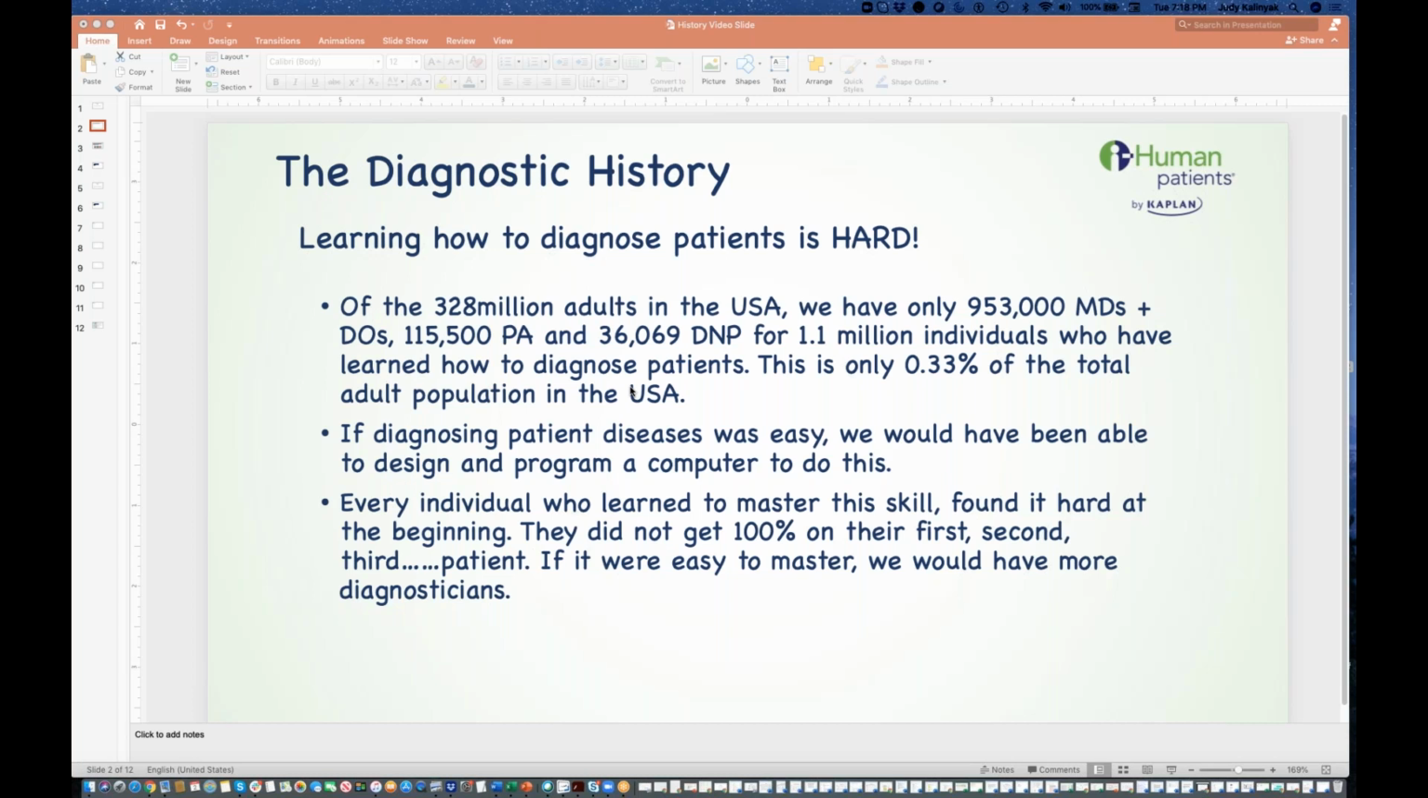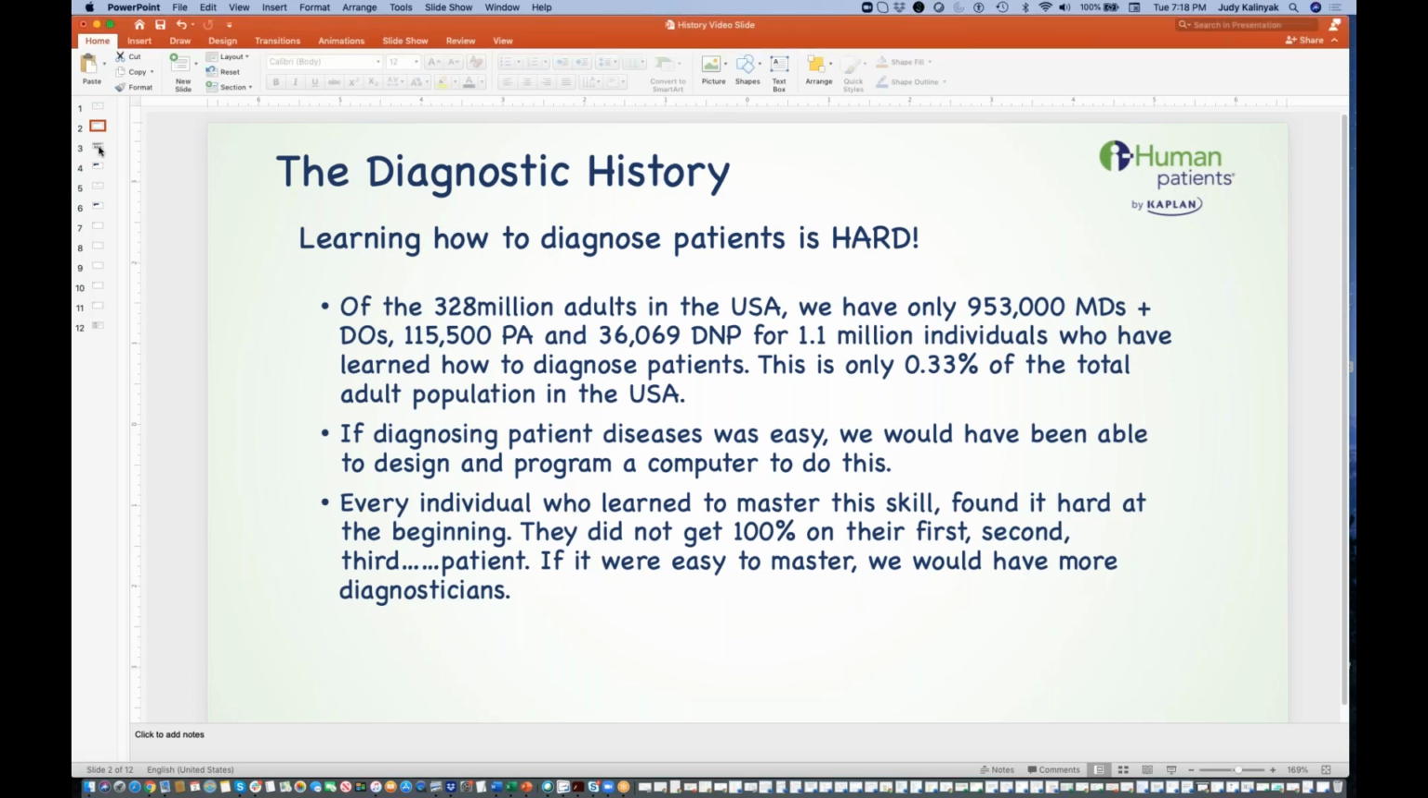The one thing you should know is that every individual who has learned to master this skill found it hard at the beginning. They did not get 100% everything perfect on their first, second, third, fourth, 10th, probably even 20th patient. It is something that takes time to master, but it can be mastered, and it's important that we do